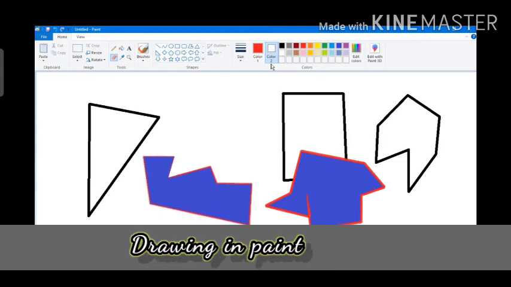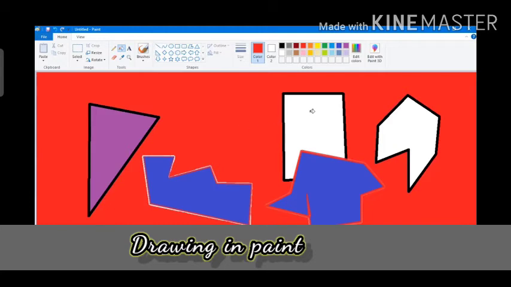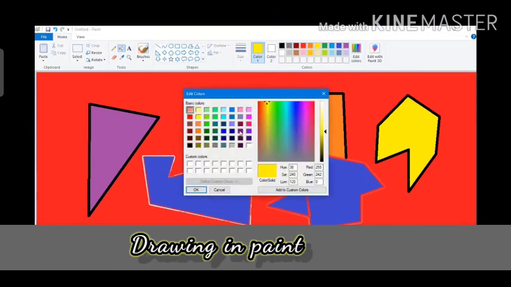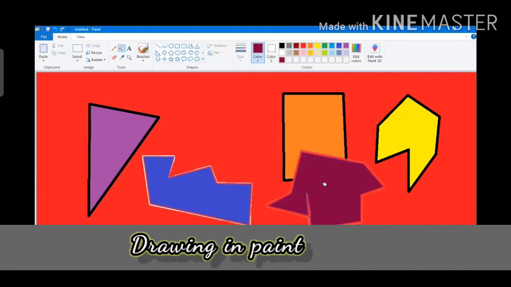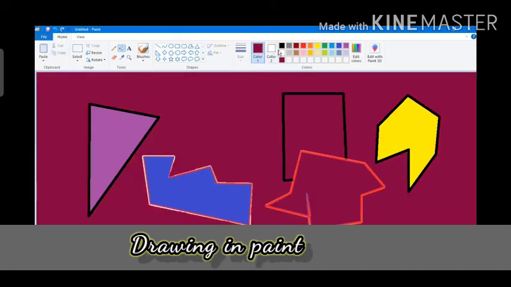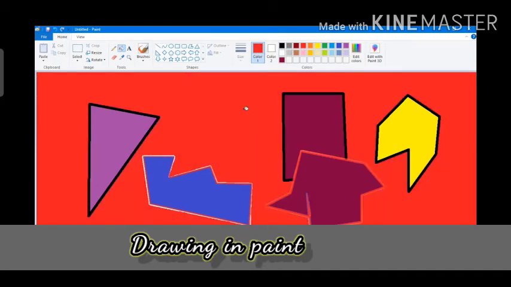Now fill with color tool, that we have already seen, but yet we will see again this one. This is the fill with color tool. You can click this color, you can select any color, and in the shape you can click on that, so that whole shape gets filled with a particular color. If you are going on a blank space, then the whole page gets filled up like this, see, with the red color. So on whichever shape you click and whichever color you select, that shape will be filled with that particular color. You can use more colors from here, edit colors, okay, see, in this way there are more colors that can be used.